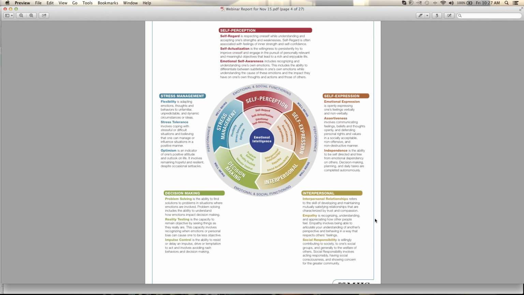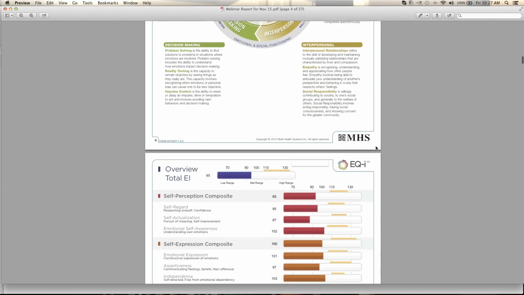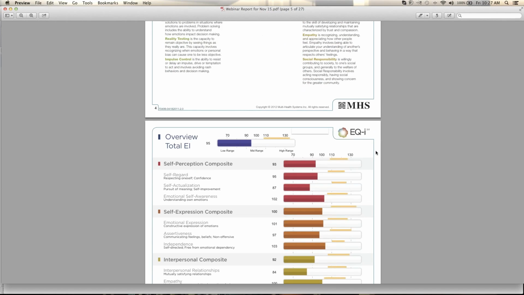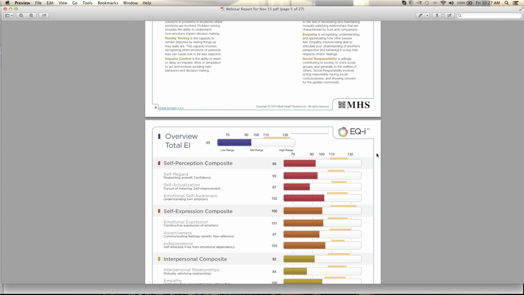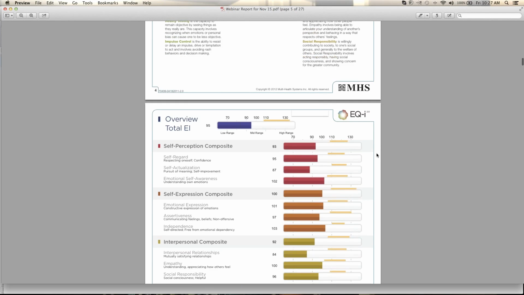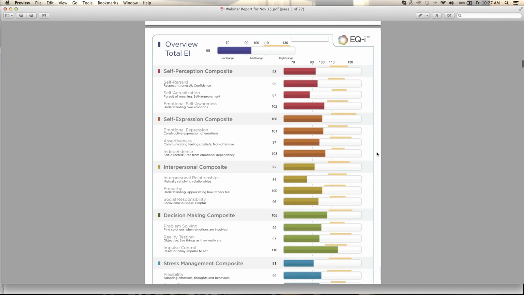We can't change our hardwiring, but we can change the way that we interact with others, the way we view ourselves, the way we express ourselves, the way we make decisions, etc. Those are things we can do something about, and that's what we want to coach people around. That's what we want to get people in groups talking about in our training sessions, and that's where we feel that we can have the greatest impact, on the nurture, the learned component parts of emotional intelligence.